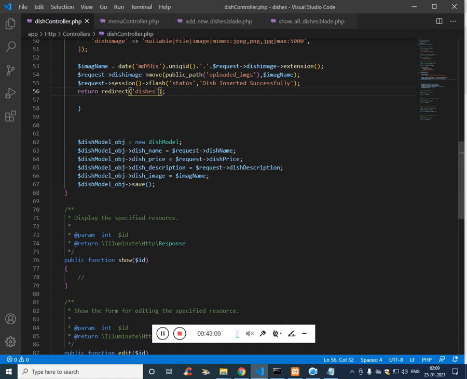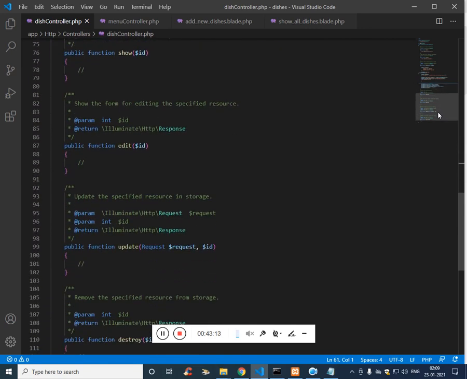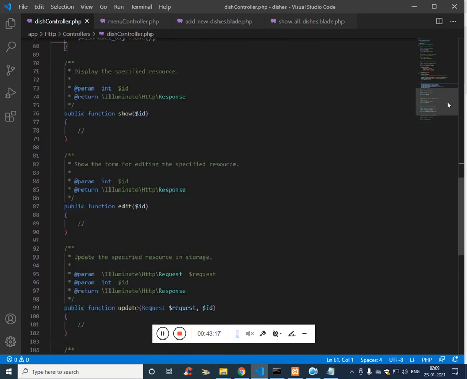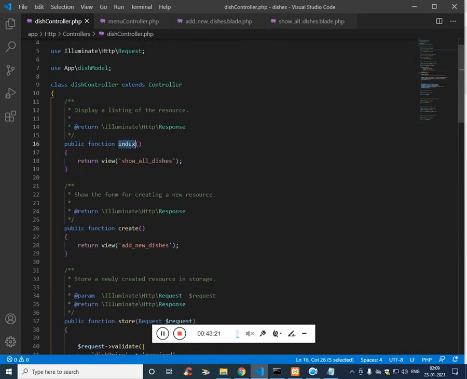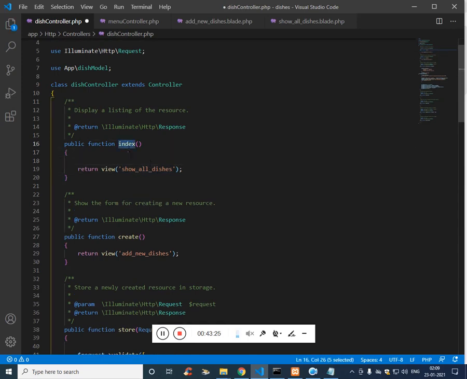So simply on the controller we have to get into the index function, which redirects us to the index page of this particular CRUD operation.